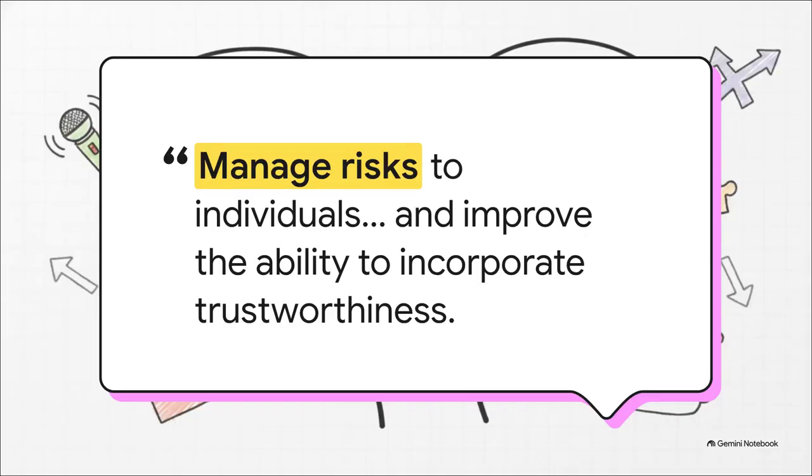And you know, this need for human check isn't just my personal opinion. It's a foundational pillar of responsible technology use. As this quote from the NIST AI Risk Management Framework explicitly states, we have to manage risks to individuals, organizations, and society associated with artificial intelligence to improve the ability to incorporate trustworthiness. Because AI relies on statistical probabilities rather than human reasoning, a fluent response is never automatically a correct response. Human oversight is literally the only mechanism we have to manage that risk and ensure these systems are actually trustworthy.